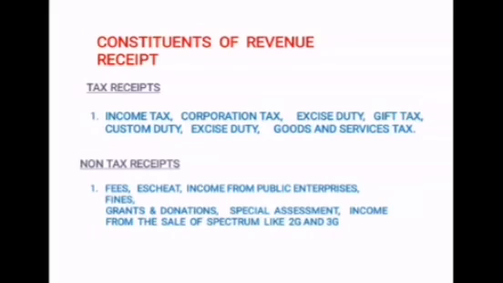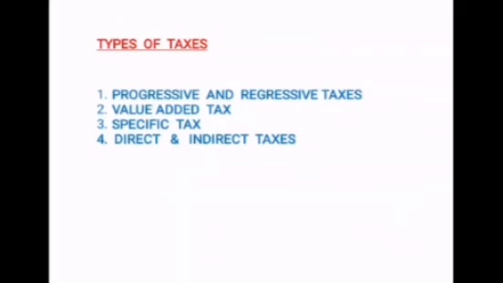Last are the grants that the government gets as a source of revenue. It is very common for people to offer donations and grants to the government at the time of natural calamity, like COVID-19, what we have seen like earthquakes, floods and famines, and those grants also become a source of revenue to the government under non-tax receipt. So now we have understood clearly the difference between tax and non-tax receipt.